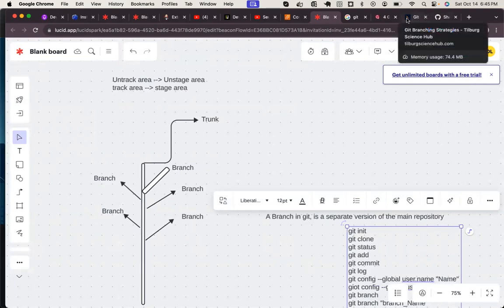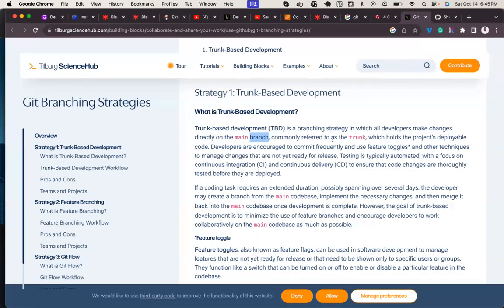Now, in a trunk-based branching strategy, all developers make changes directly to the main branch.